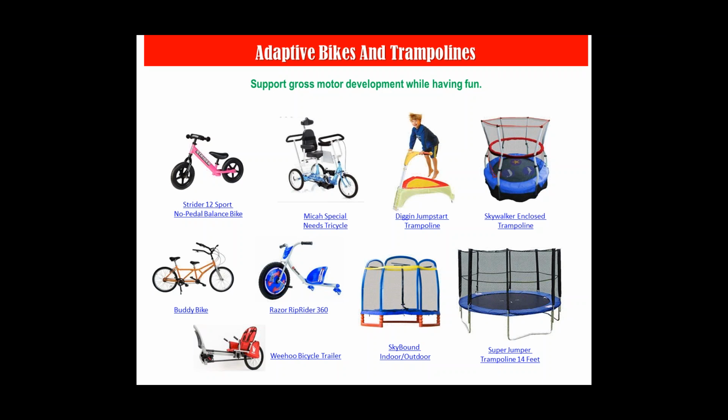And then there is the Super Jumper, the trampoline 14 feet. That's huge, definitely for the backyard. Now I want to share with you a story. I love these indoor trampolines, or they're versatile, indoor, outdoor, whatever you have space for. But I wanted to share with you